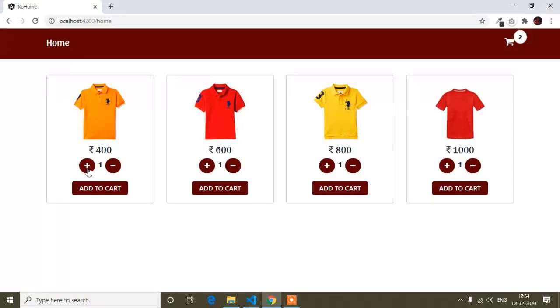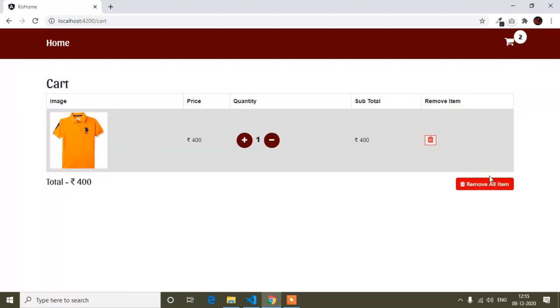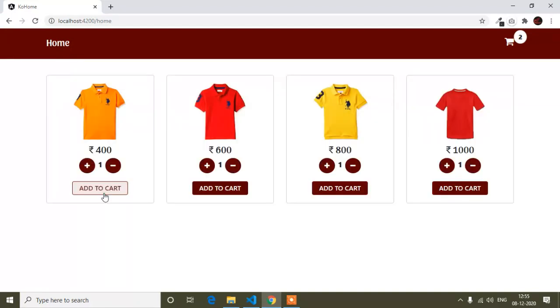Okay, so now if I increase, it's 5, so now I can't increase. And if I click this minus button, you can see after 1 I cannot decrease. So here is 2, and here I can minus, I can decrease it also. I can increase and decrease the product quantity. Okay guys, so this is done. And in the next tutorial I will show you, suppose you set the product quantity to 4 for this product and then click the add to cart button, one product will be added, and when you go to the cart page, you can see the product details. So I will show you that next.